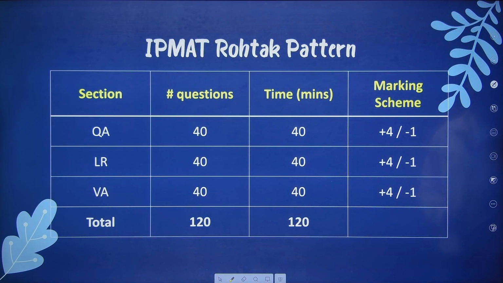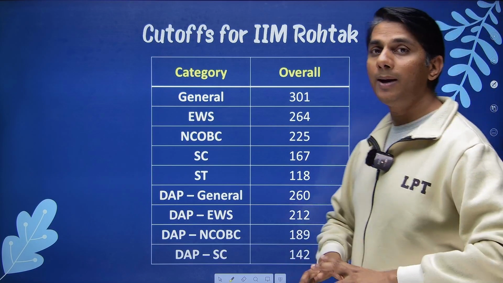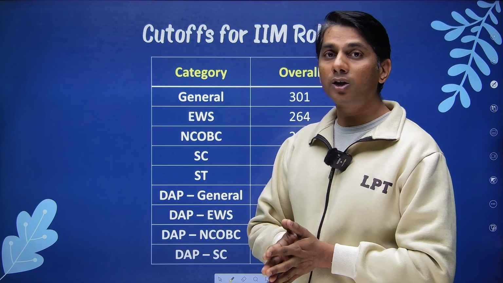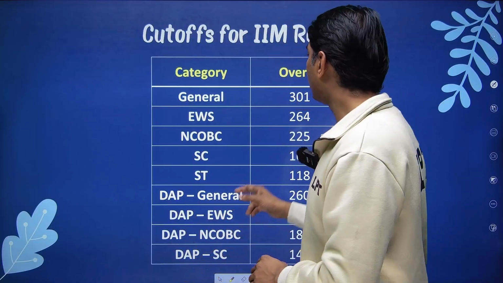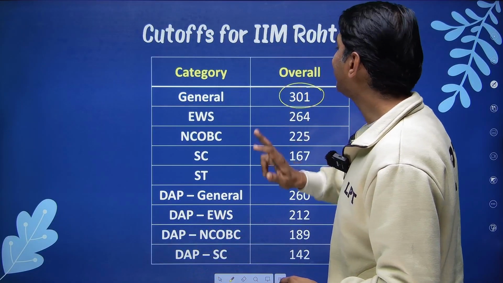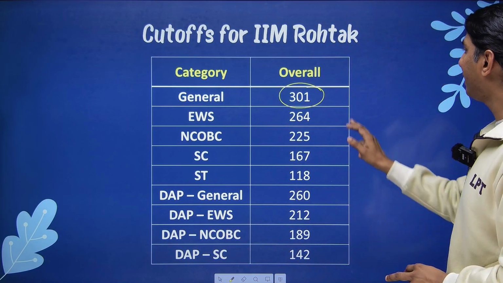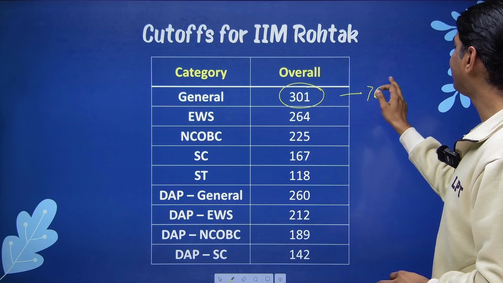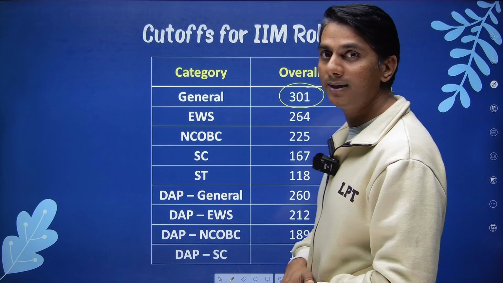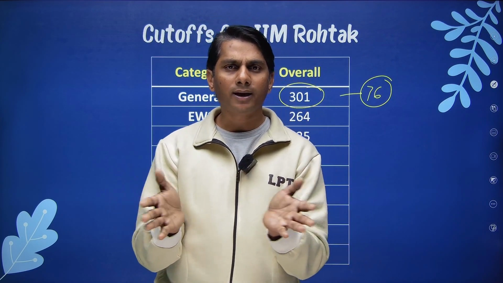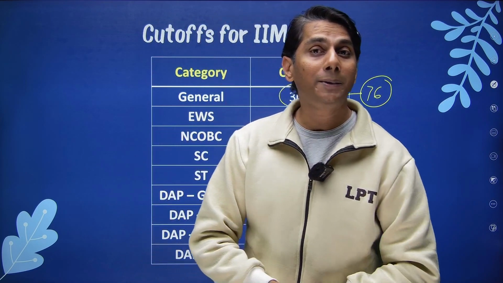Now, the cutoff for IIM Rohtak. Again, IIM Rohtak considers only overall cutoff and not sectional cutoff. So, overall cutoff for general category is 301 marks. 301 marks is approximately 76 questions, right? Out of 120, if you get 76 correct questions, obviously with 100% accuracy,